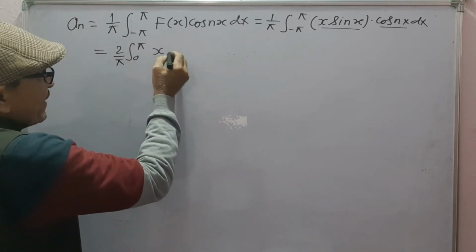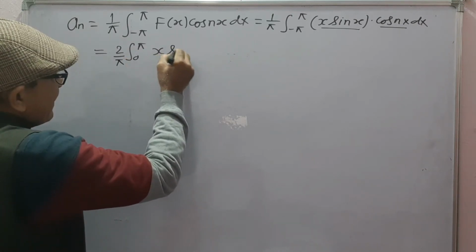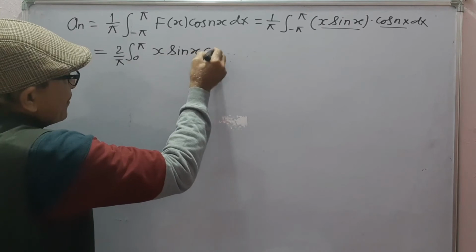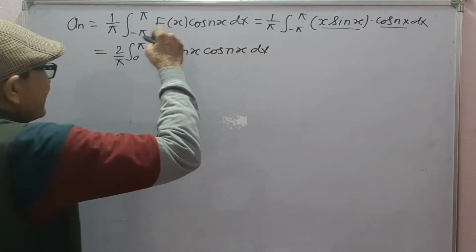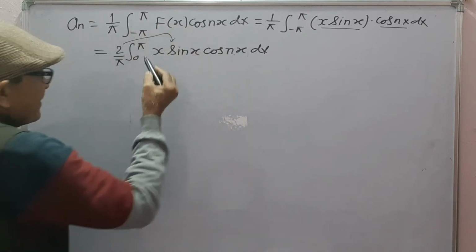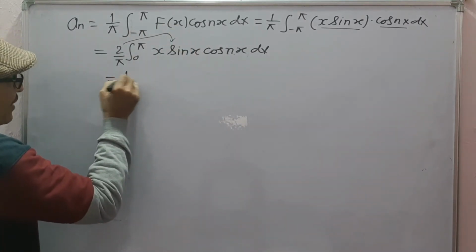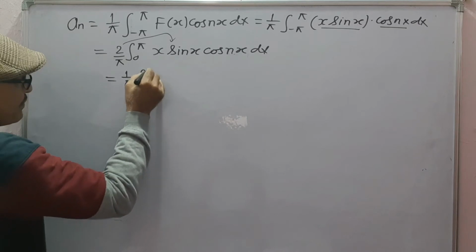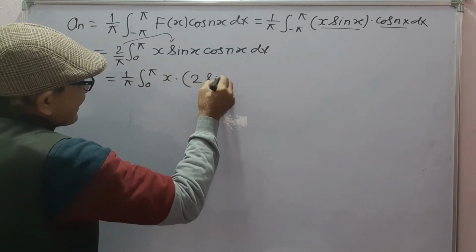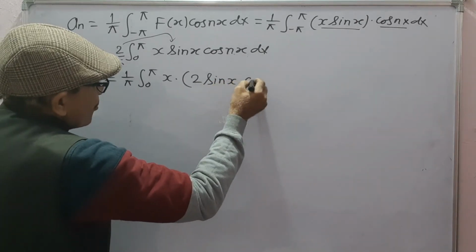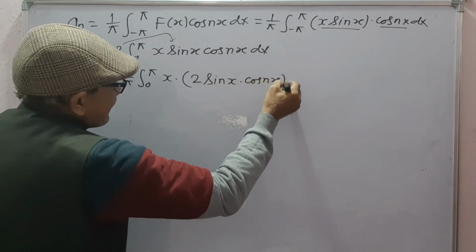So from 0 to pi, x sin x into cos nx dx. This 2 can be taken here to write as 1 upon pi integral from 0 to pi x into 2 sin x cos nx dx,